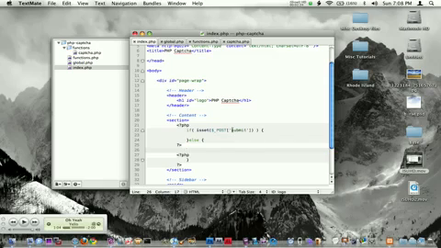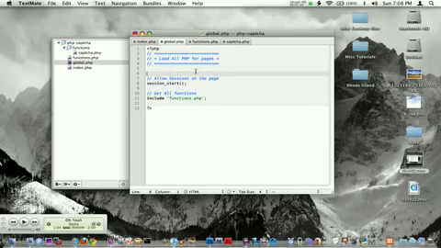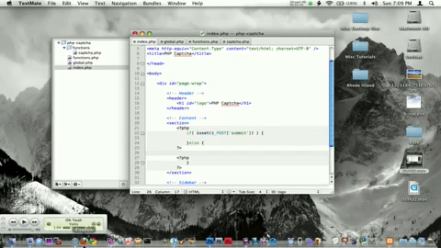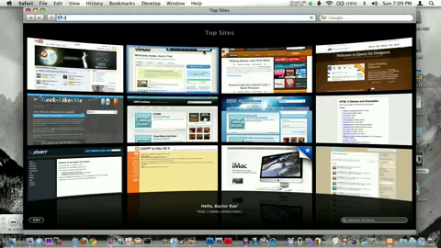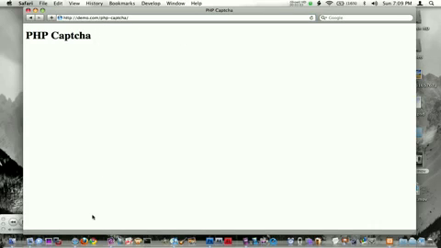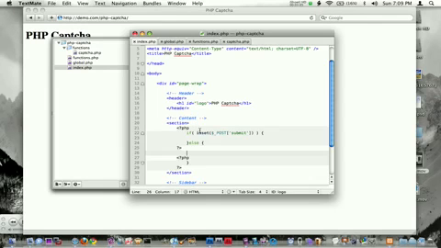Basically, what you'll do is go to the top of your page. So I'll go to my global, and we'll turn on error reporting. I'll just put in error reporting will be equal to all, so all errors. And now, let's just go back. I'm going to load that in my browser real quick. So demo.com php captcha, and we don't get an error right now, but if I unset that variable,